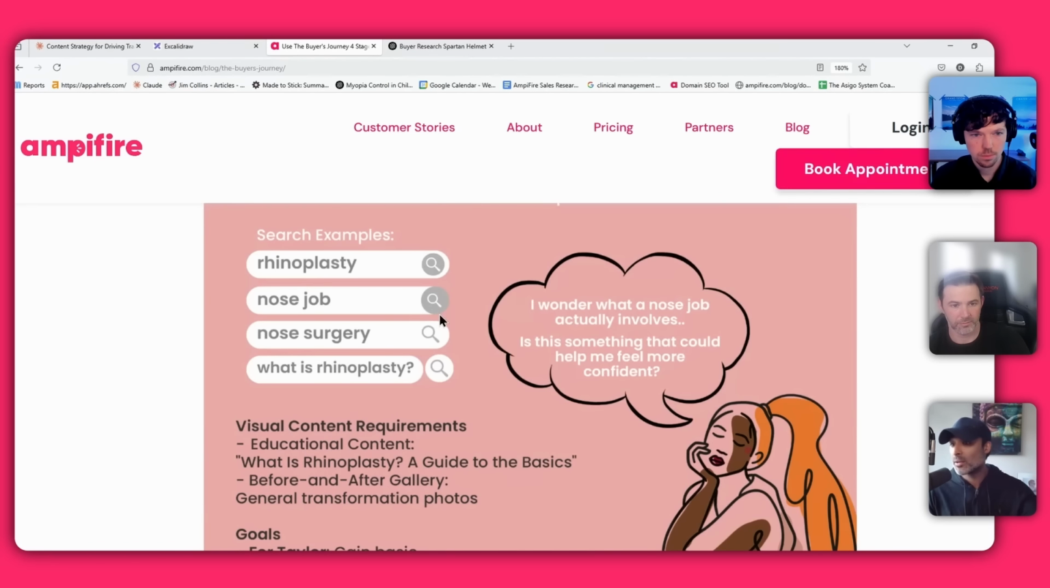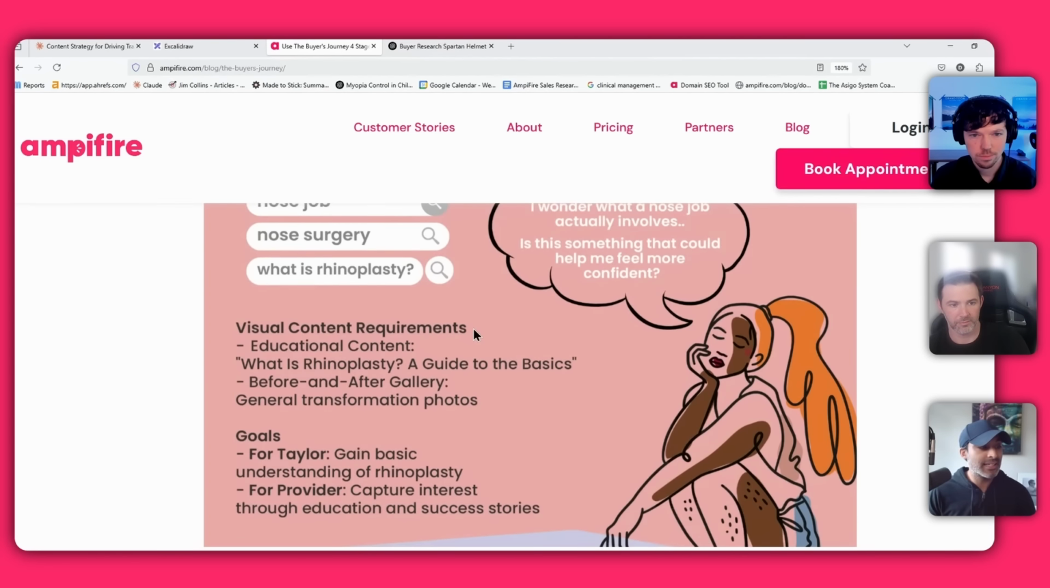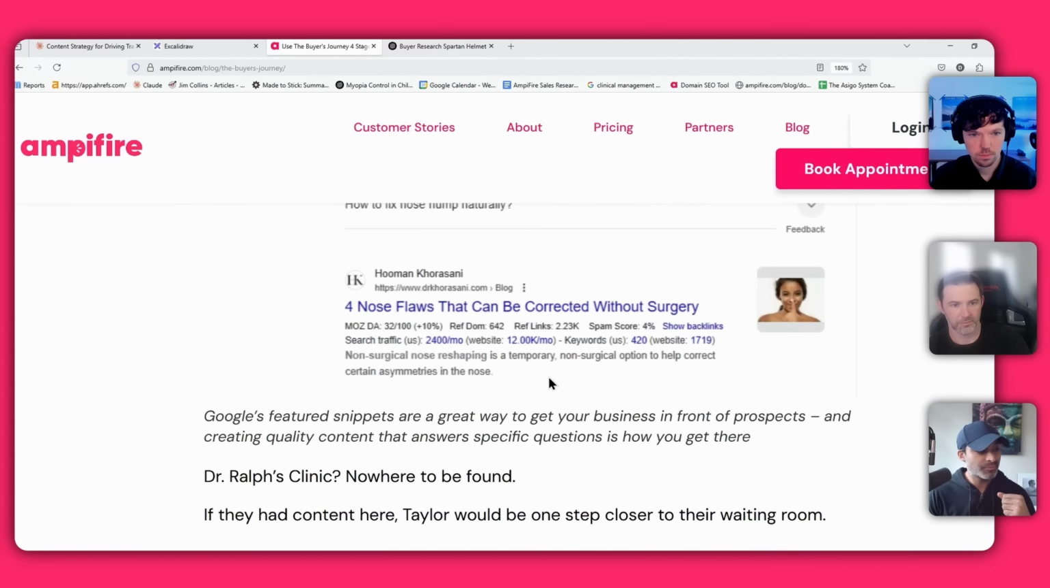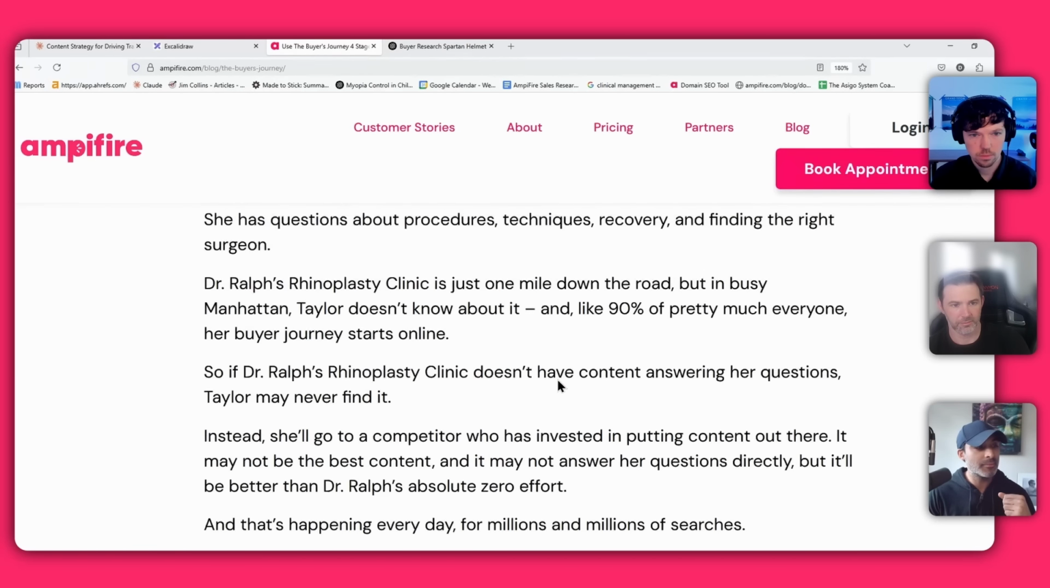They might not even know, they might have heard about it. So, as soon as they dig into this, an example of that is, can you fix a big nose without surgery? Because they're concerned, they're not quite sure if they're going to go ahead with it. That's the problem aware phase. And then if we scroll down, the next step here becomes